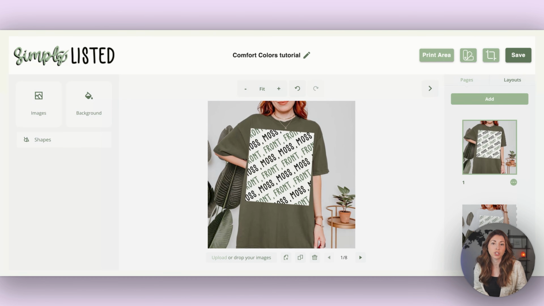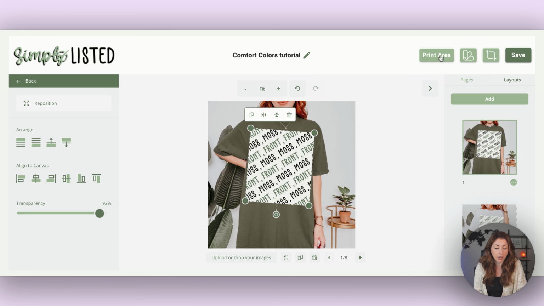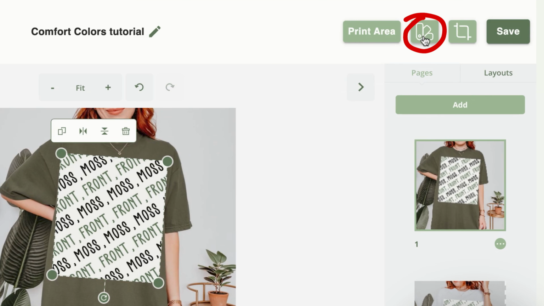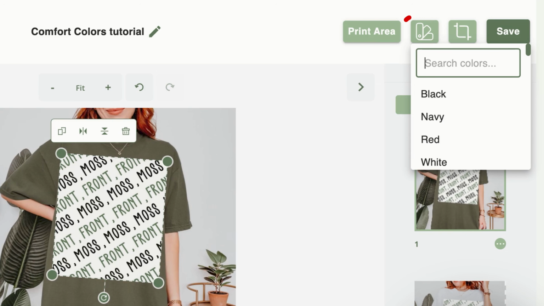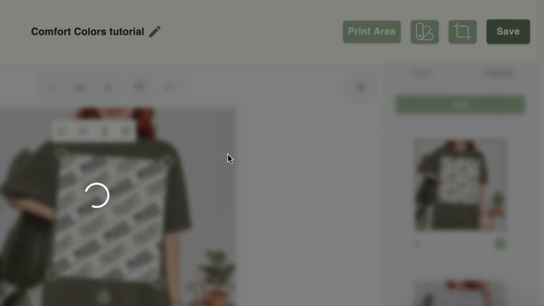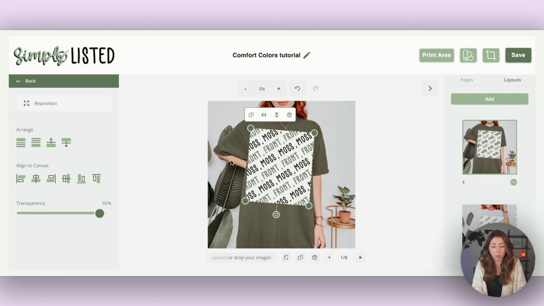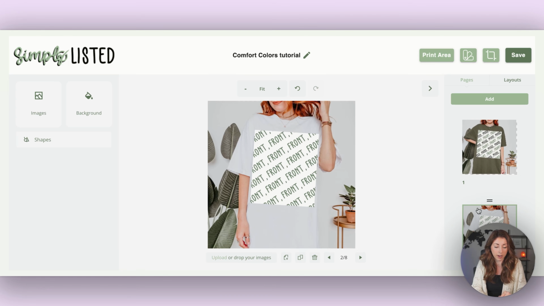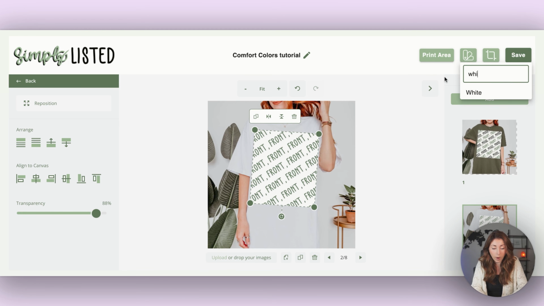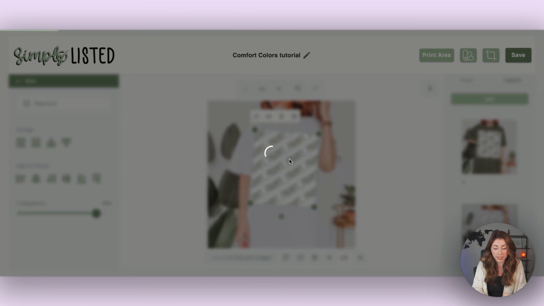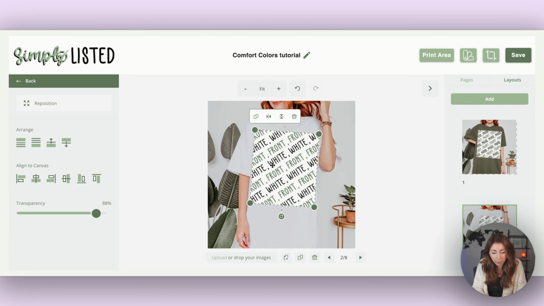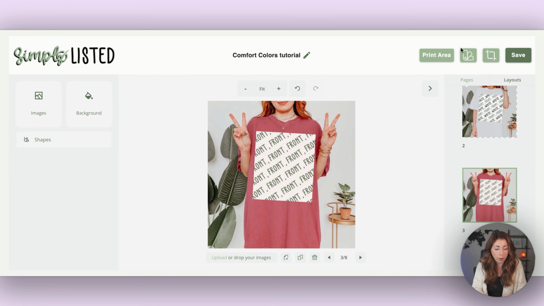And we also need to make sure that the platform knows which color that this design is for. So once we have our print area, we're gonna click on this, and we're gonna click this little tagging button at the top, which is beside print area. And we're going to select the colors that correspond with this mockup. So this is a moss mockup. This one here is a white mockup. And you're gonna see that once these are done, you're gonna see the name in the file here. And you're just gonna go through all of these and tag them with the actual color that this mockup is